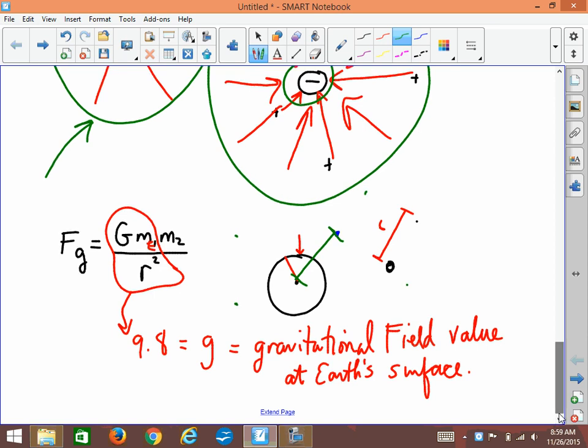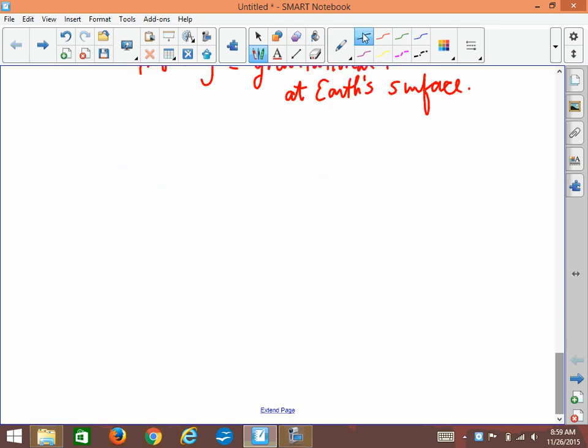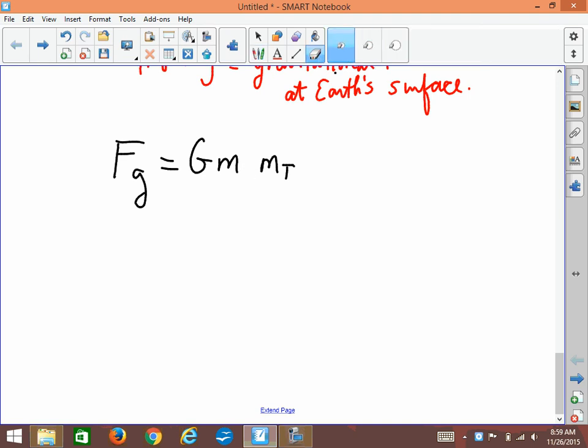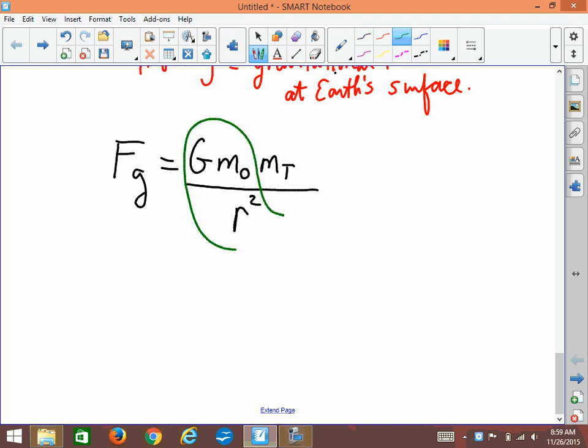And so this little expression that we have here tells us mathematically how to determine the value of Earth's gravitational field. If Fg equals G, mass of Earth, times the mass of, say, a test mass, I'll put a little t. And instead of Earth, I'm just going to put any object, because what if it's not Earth? What if it's something else? So let's put O for object. And then over here, R squared. Well, it turns out that these three numbers will produce the value of Earth's gravitational field at any point. And so I can call that